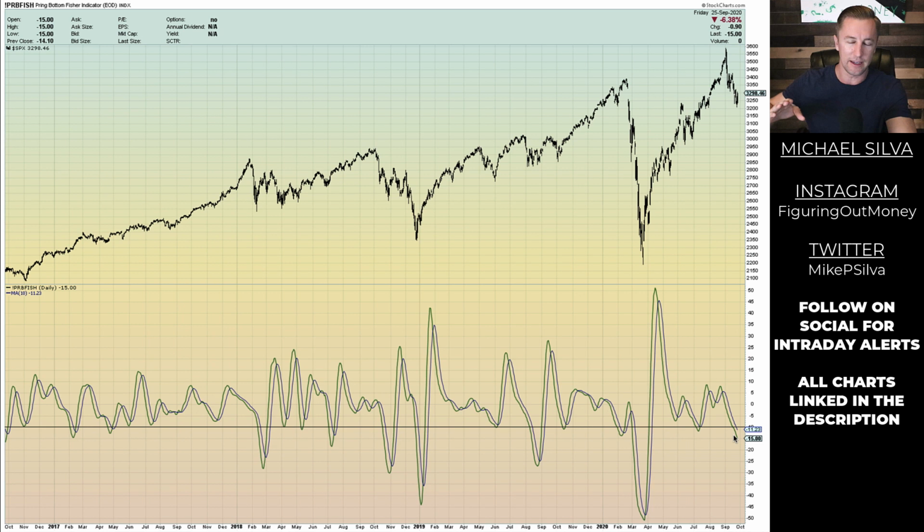Yeah, we might see short-term bounces, right? We might see short-term bounces. But on this indicator specifically, it's not saying that this right here is the bottom, which makes me kind of think, yeah, we still have areas of resistance up ahead, and there's still a lot of market uncertainty.